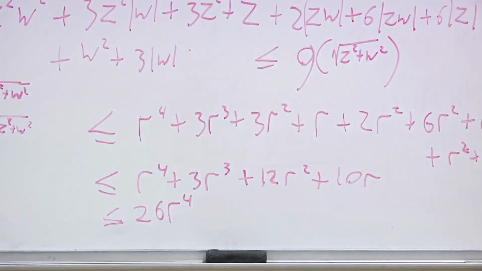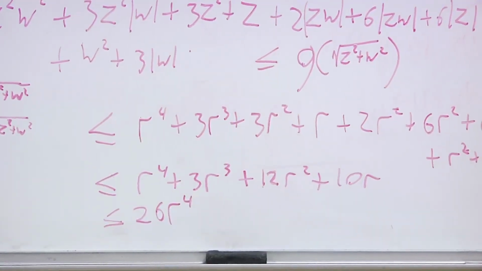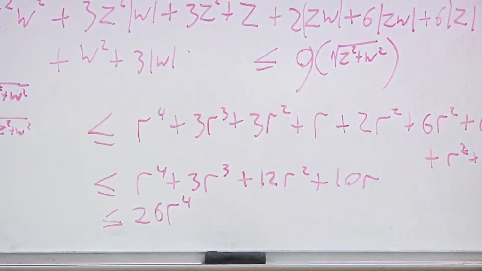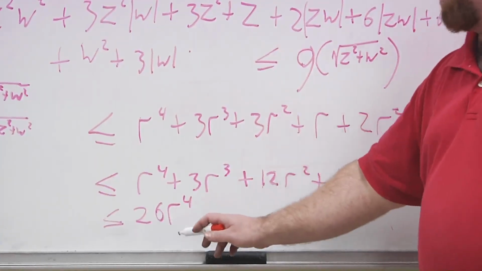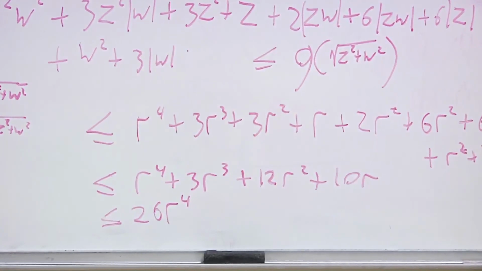Wait a minute. It's obviously true if r is greater than or equal to 1, but when r is less than 1, it's actually this term that becomes dominant. What you could do is choose an even larger constant. There's always a constant you can choose that is going to be big enough. And you can choose it to